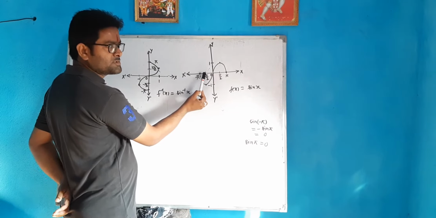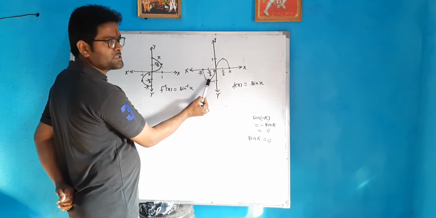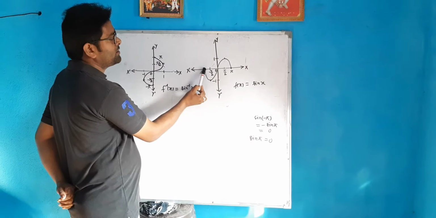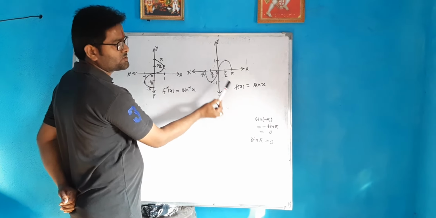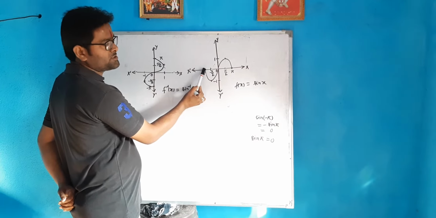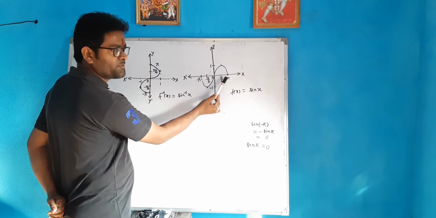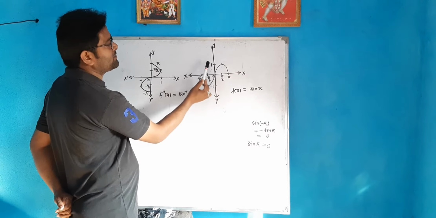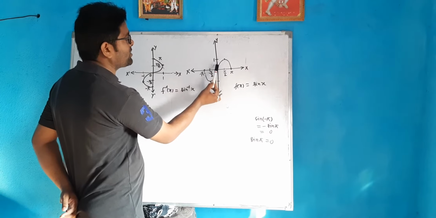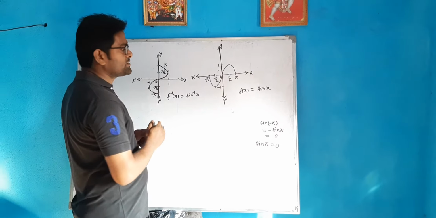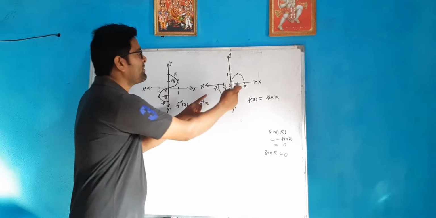On this side, sine minus pi by 2 is minus 1. So minus pi by 2, minus 1 is a point. Now here it is minus pi, so sine minus pi is 0. So again minus pi, 0 is my point. So taking x as the value of angles, pi by 2 and pi, and y as the real number value, minus 1 and 1, we can plot the points and join the dots to make this graph. See, this is the graph of the sine function of x within minus pi by 2 to pi by 2.